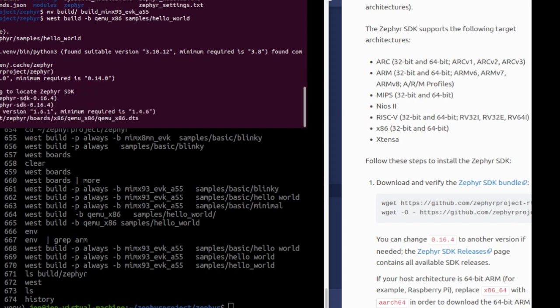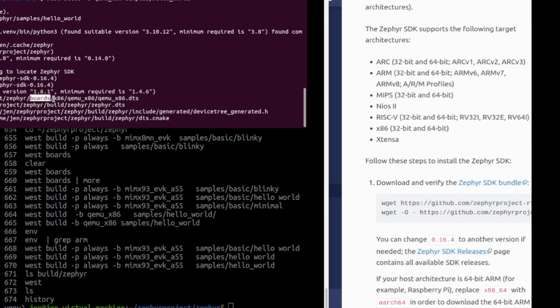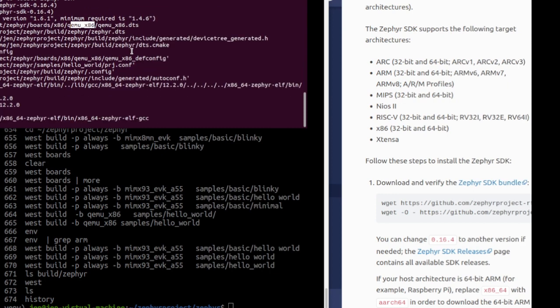I think this way it will build for x86. You see, now the board is QEMU x86 board. Yeah, the device trees come from that configuration. It will be good. Now,